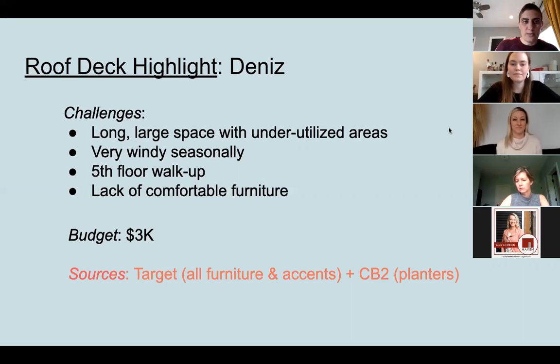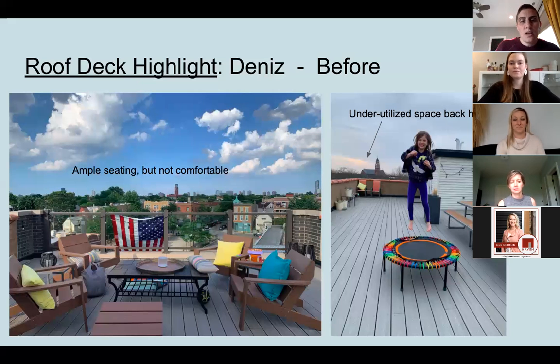We were gonna buy several pieces of furniture. And my sources are all Target for the furniture and accents. We already own some CB2 planters, and I bought a few more of those. And I was very tempted by some of the CB2 furniture as well, but Target has great lines of outdoor brands, especially their in-house brands. Project 62 and Opal House have done just an amazing job every year, and I think they really stepped it up this season. So you can see on the left here, we were decked out for the 4th of July,